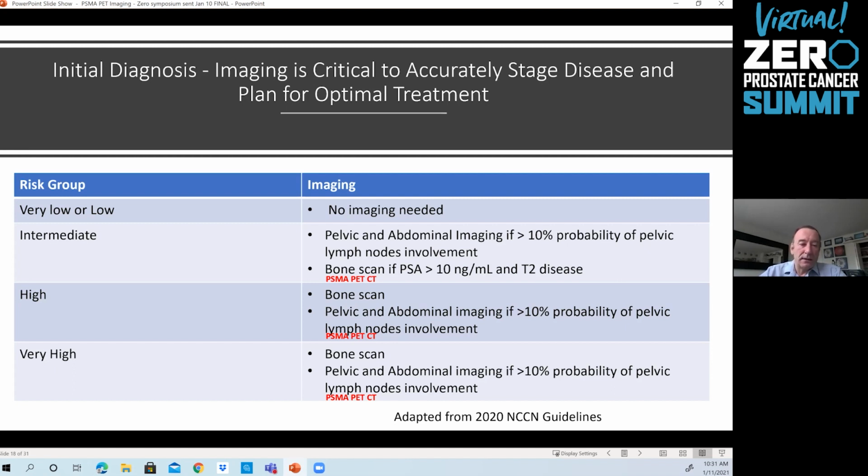It's not going to add any significant information, most likely. It's probably just going to add a cost and radiation exposure to the patient. So in the initial evaluation of a patient who just had the diagnosis of prostate cancer, if the risk of having metastasis is very low, no imaging is needed. But for all other situations, where the risk is intermediate, high, or very high, then the additional PSMA PET-CT is